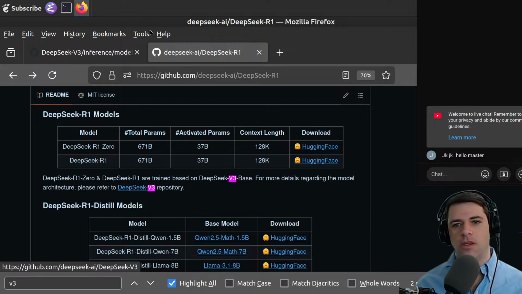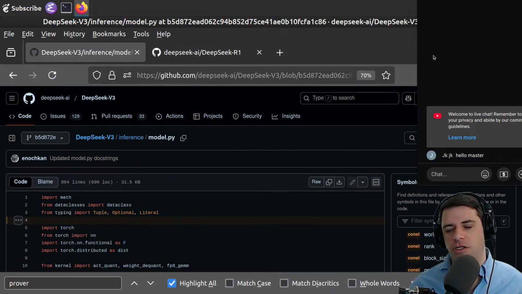So we'll look at that. We'll look at the inference in V3, and I'm guessing that this is going to be the inference that governs